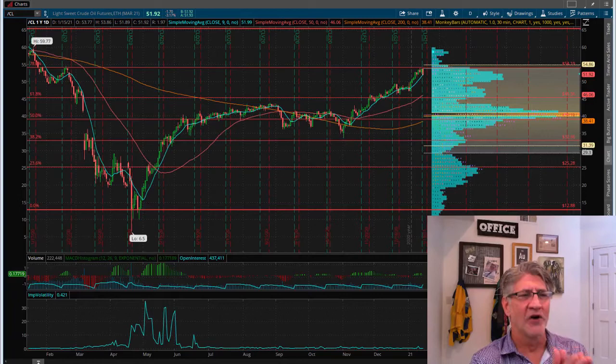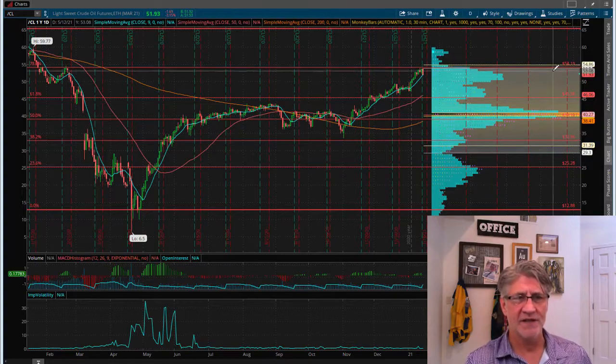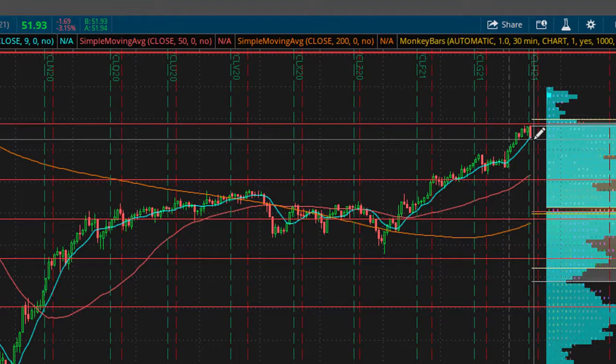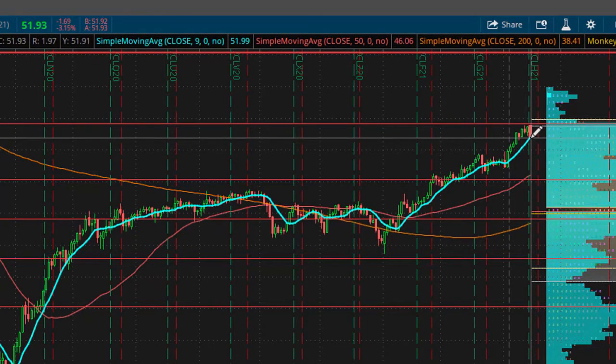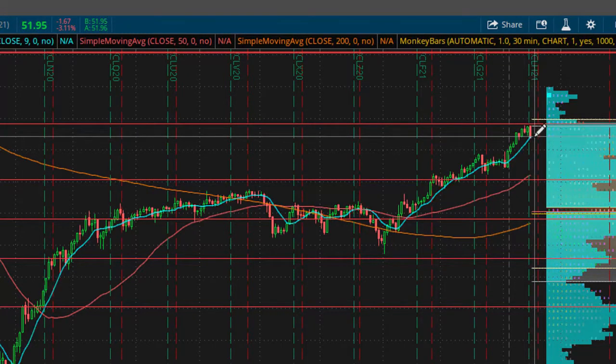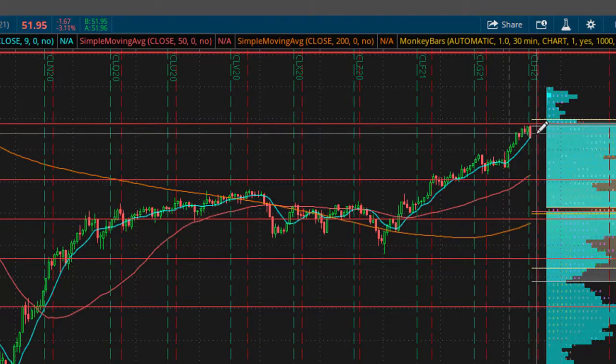All right. Crude oil coming off a little bit today after going up there and testing our 78 Fibonacci, which lines up with 54.19. You can see we came just inside of that. We got the high of 53.86 on the day. That is right there at 54, right? That's where we started seeing that value area high, our Fibonacci. We lost momentum there. We're starting to see the market come off.